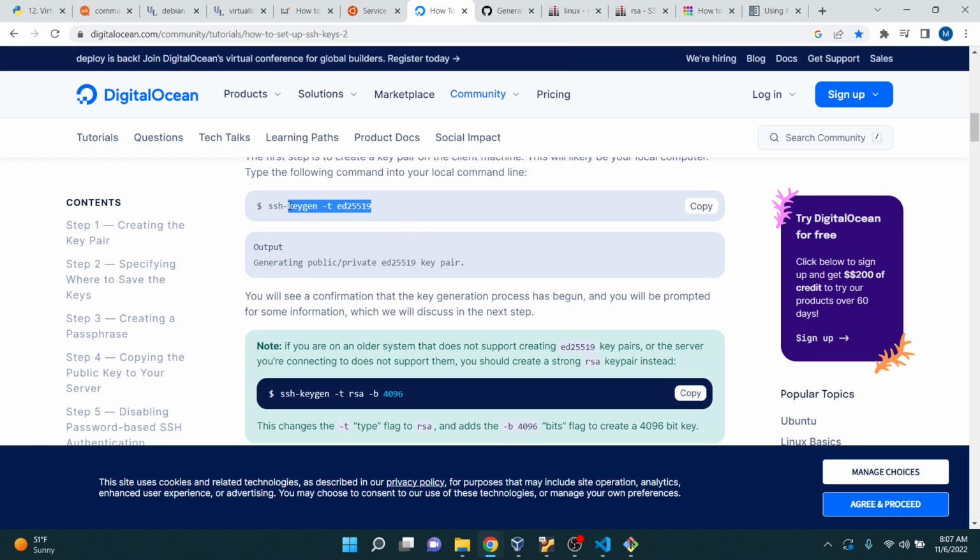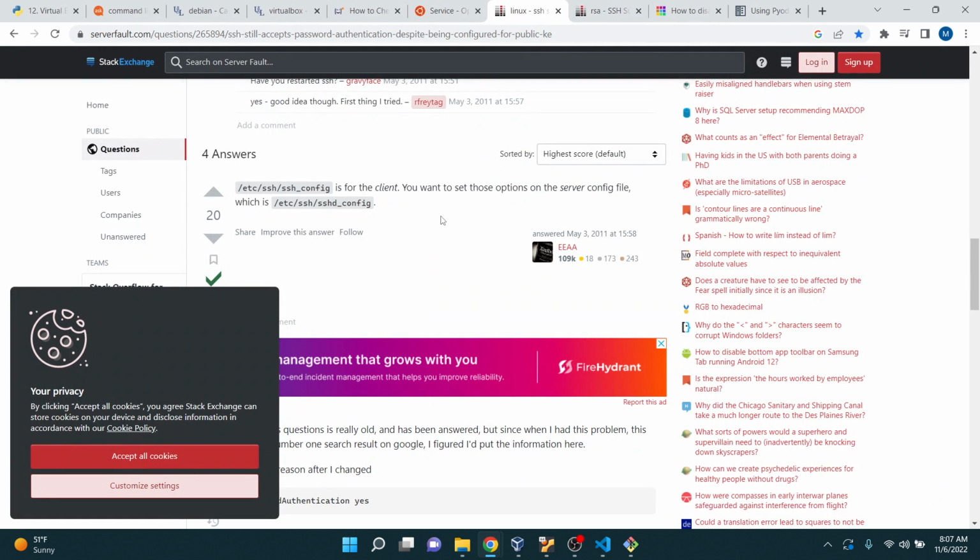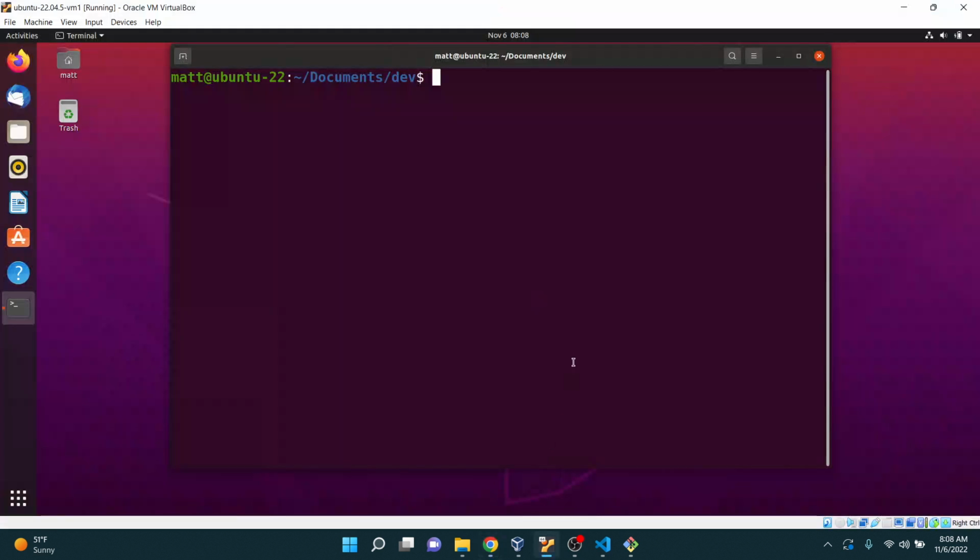So that will create two files. It'll create a private key and a public key. And then here's another example. And this one has contact information, but you don't need that. You could just do this part. And once you do that, on your VM, this is where I recommend you do that first. You put the public key, and I think it already puts it inside of your SSH folder. So if you go in ls that slash that,